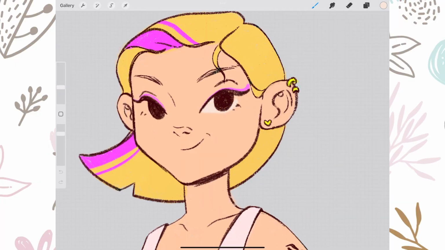And now that we have it, I want to finalize it, add some extra detail, and really bring this character